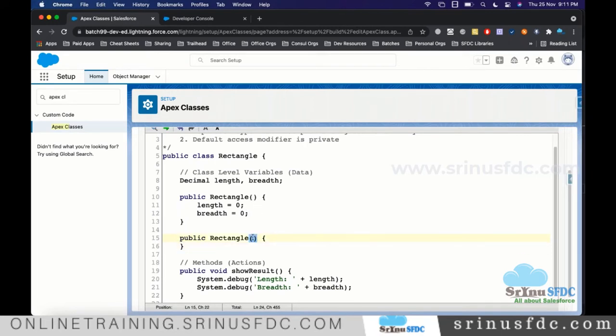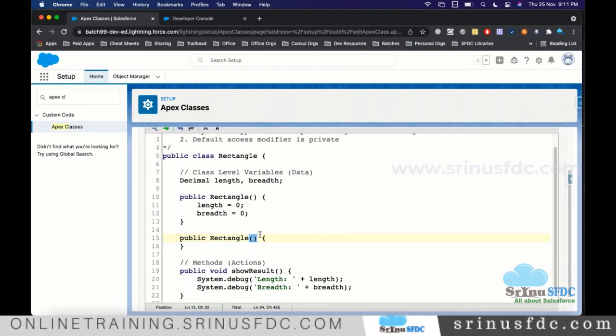Parameters means the inputs we expect inside the function brackets. This one is not accepting anything. If you use the same name and define one more constructor, there should be a variation in the number of inputs it accepts.